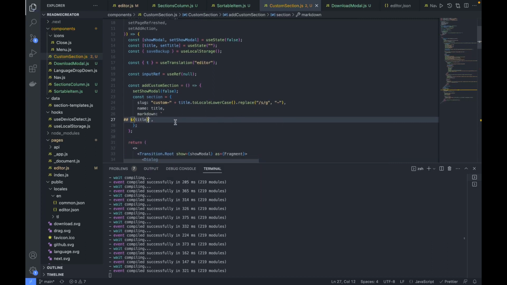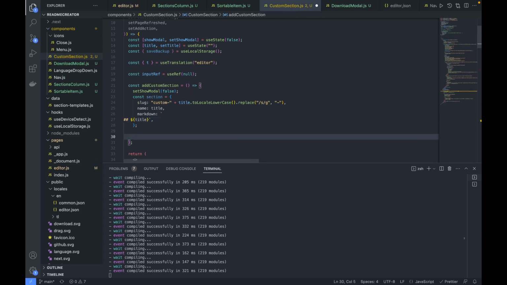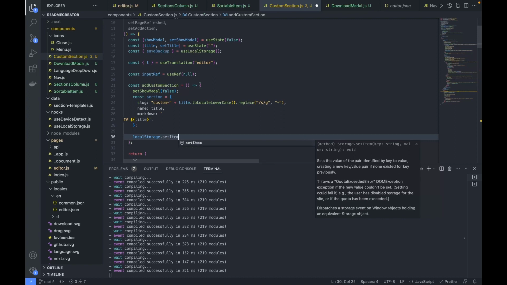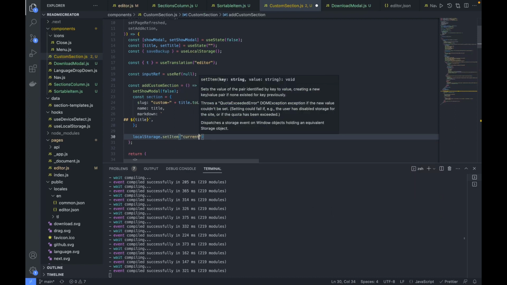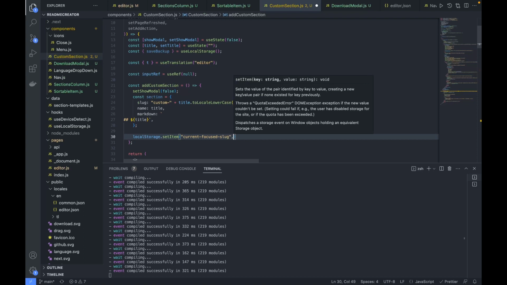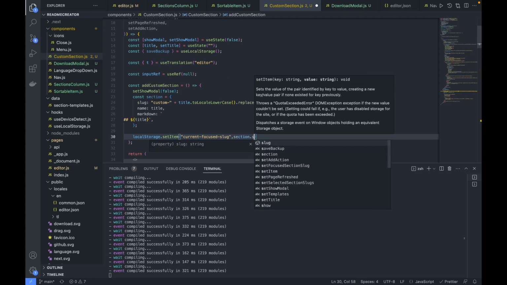So yeah, that is the section, just defining the shape of the object that we have set in our data section templates. Now we will set item local storage, that is current focus slug, current focus slug to this section, okay,